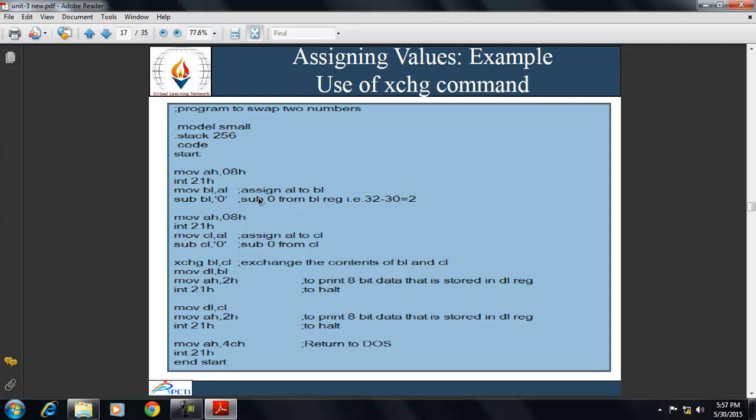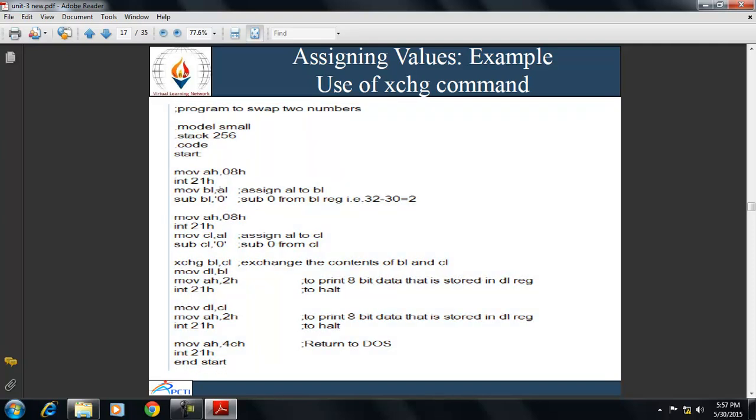Similarly in assembly, if we take a number such as 1, 2, 3 in the form of a character, and we want to treat it as a number, then 0 to 9 are represented as 30 to 39.